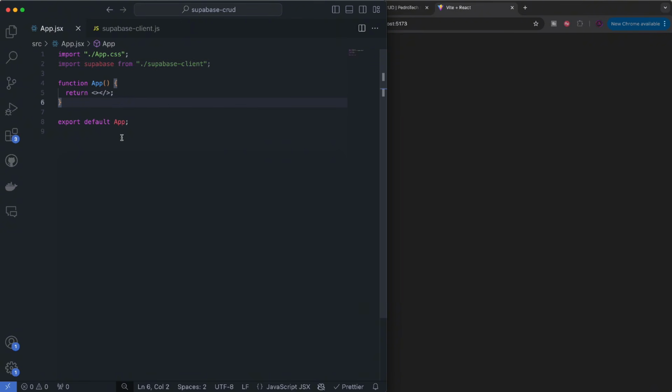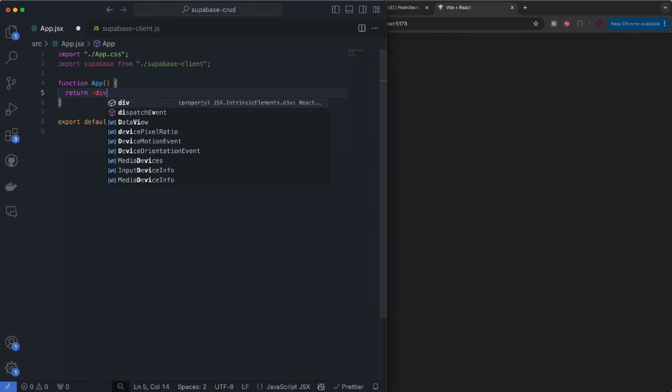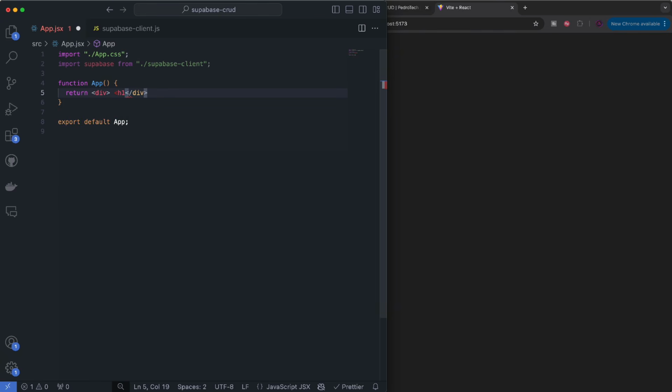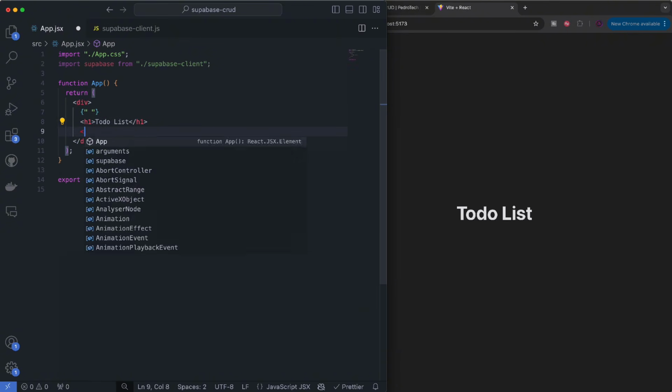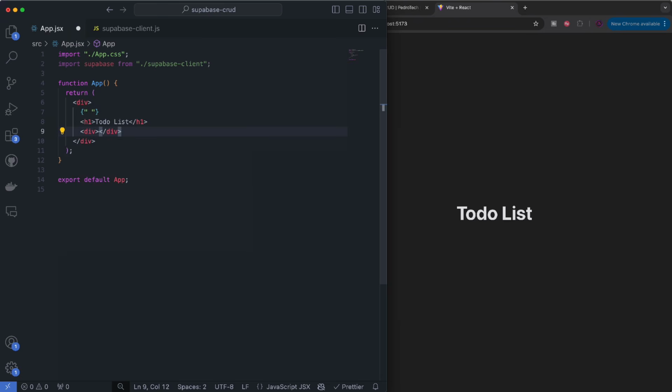Perfect. Now, like I said, this is going to be a very simple to-do list because the main focus of the video is just how to integrate Supabase on React. So I'm just going to be building a very simple one-component to-do list, right? So let's start off by building the skeleton of our JSX. So the beginning will just be a div with an h1 tag that will say to-do list, just to make it simple. Then I want to have another div, which is going to contain the form for creating a new